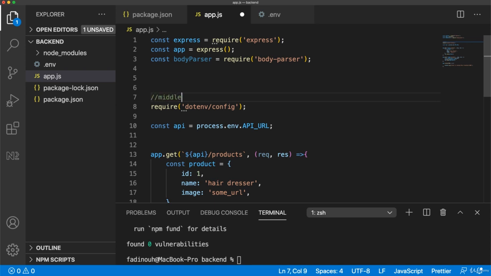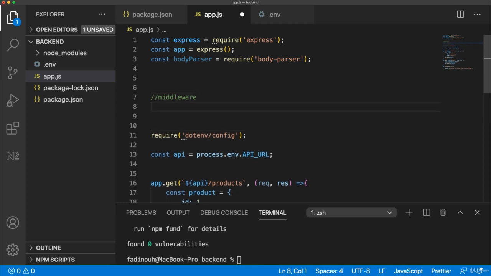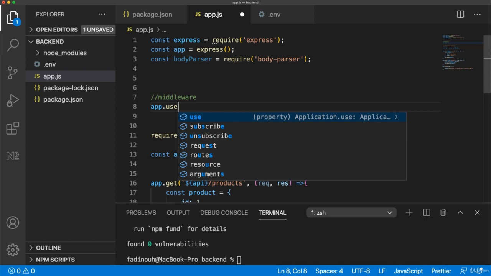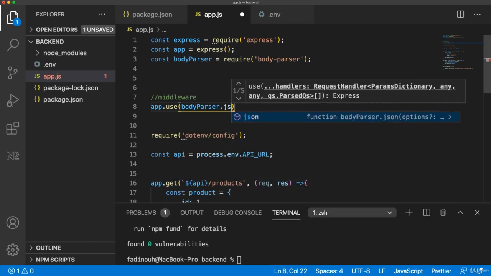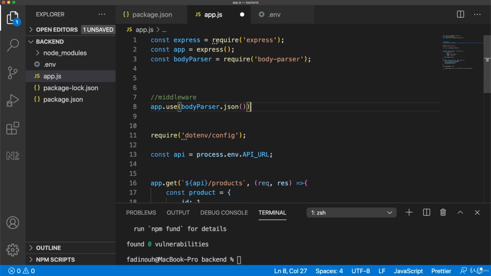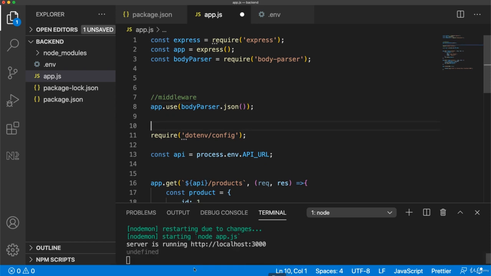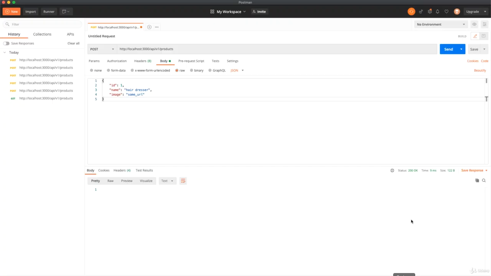So let's say here we have a middleware, and in the middleware I will say app.use(bodyParser.json()). In this case, my back end will understand the JSON which is sent from the front end. So back to Postman, after running the server again and posting this body data,